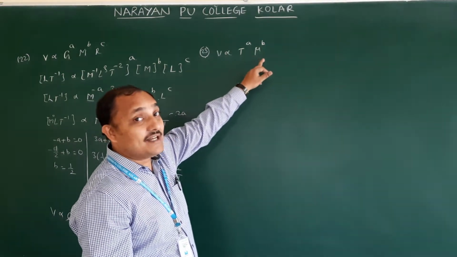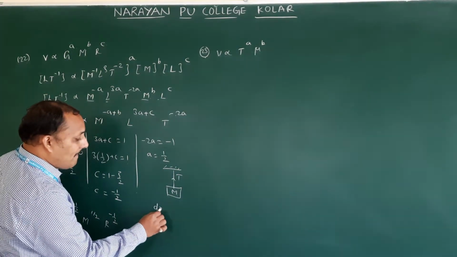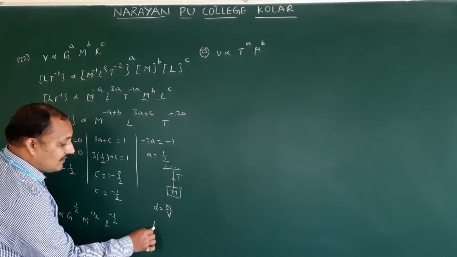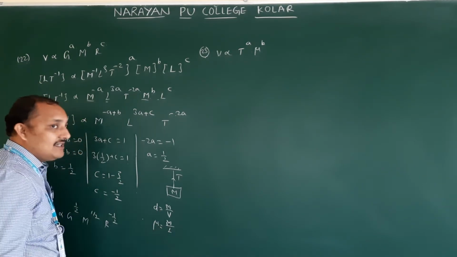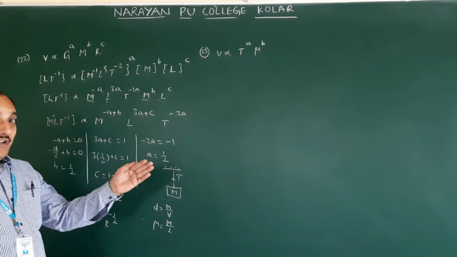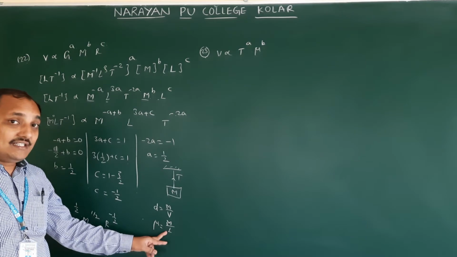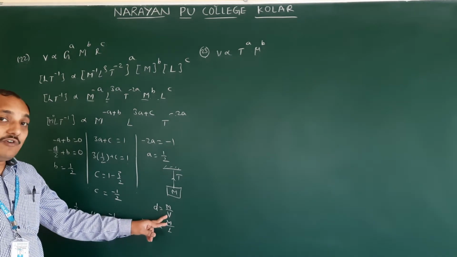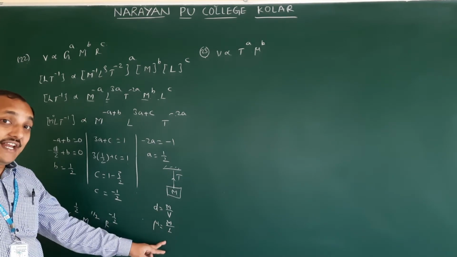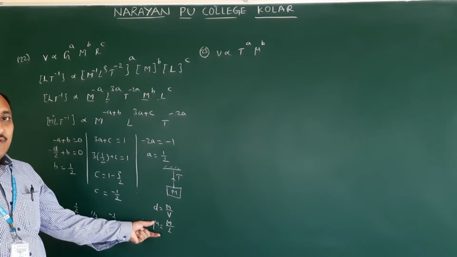Next, what is linear mass density? You already know density: density is mass per unit volume. You heard the word linear density in your 9th or 10th class, in the sound lesson, propagation of sound wave in a string. Mass per unit length means linear mass density. Mass per unit volume is volume density, which we simply call density. Another one is mass per unit area, which is called areal density. But here, since we are talking about this one, I am giving the definition: mass per unit length.